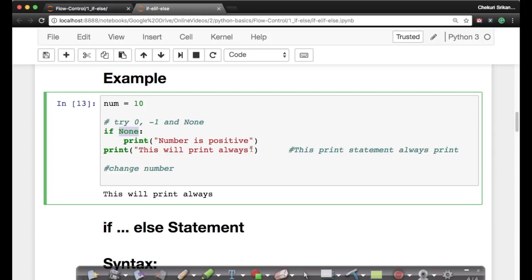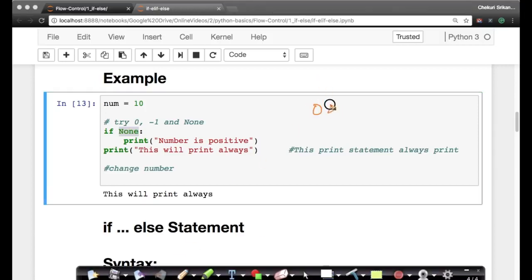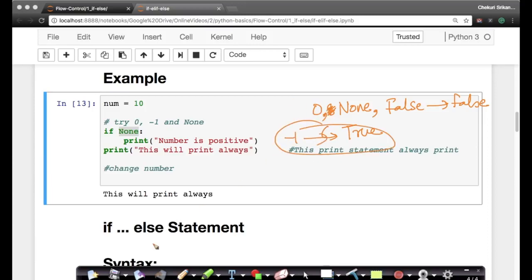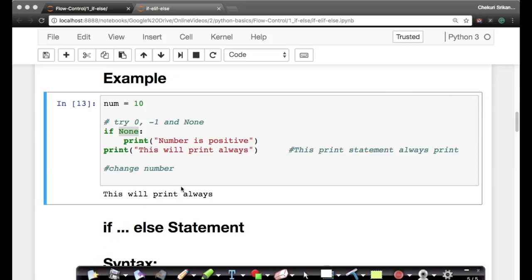So just to quickly tell you, 0, None, and False are considered as false. Everything else is considered as true when you're evaluating statements, in Python at least. So your minus 1 will become true. This might be slightly different from other programming languages, so this is something to note.